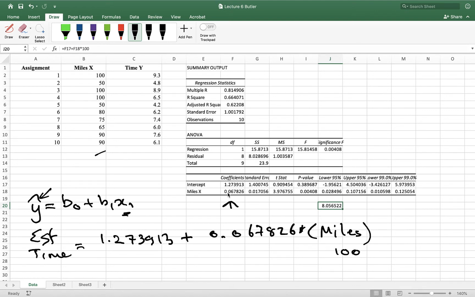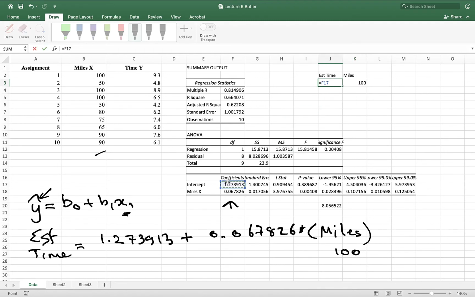And the slope, I just mentioned what the slope is again. The slope in here is 0.67. What the slope means is this. I'll do calculations for you up here. Let's look at the estimated time. So what's the estimated time to drive, say, 100 miles? It's the same calculation we did below, so I'm going to say it's going to be equal to